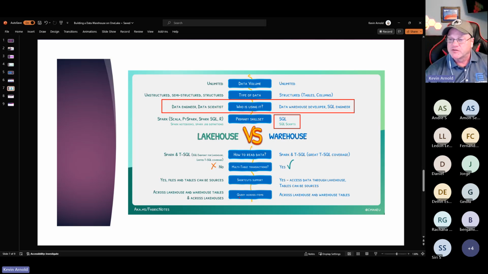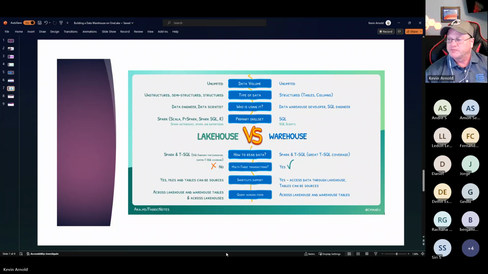And we've touched on this a whole bunch, right? Query across items. Yes, you could go across lakehouses and across warehouse tables within your warehouse. And you could do that over on this side across Lakehouse, warehouse tables, across lakehouses. So I'm trying to think if there's actually a way to do it across workspaces. I've only done the Lakehouse and warehouses within a workspace. With warehouses, I know you could get access to all the other underlying files in other workspaces. And I think that's what this is trying to call out, is across Lakehouses that exist in other workspaces.